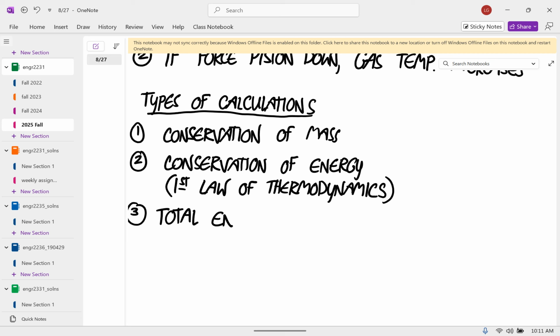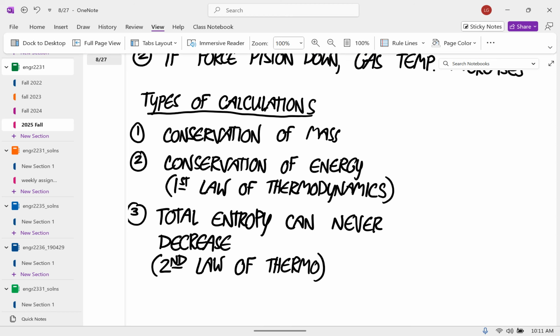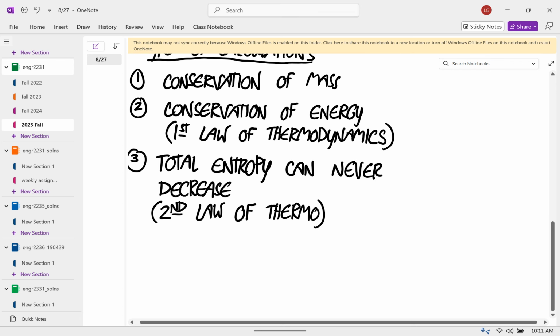Well, we have to define entropy and stuff like that, but this is called the second law of thermodynamics. Oh well. And these things,